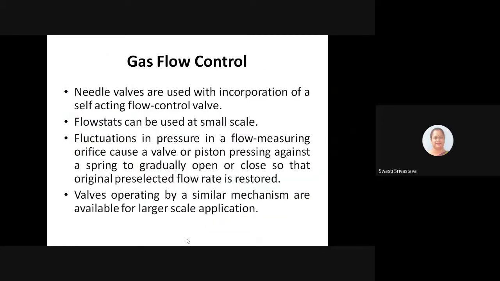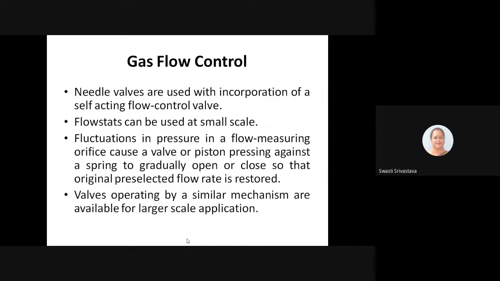Now when we come to the control mechanism, we have measured it with the help of the rotameter or a mass flow rate. Then we need to control the gas flow also. Now this becomes essential when we are talking of aeration for aerobic processes, or for specific requirements some kind of inert gas environment has to be provided.